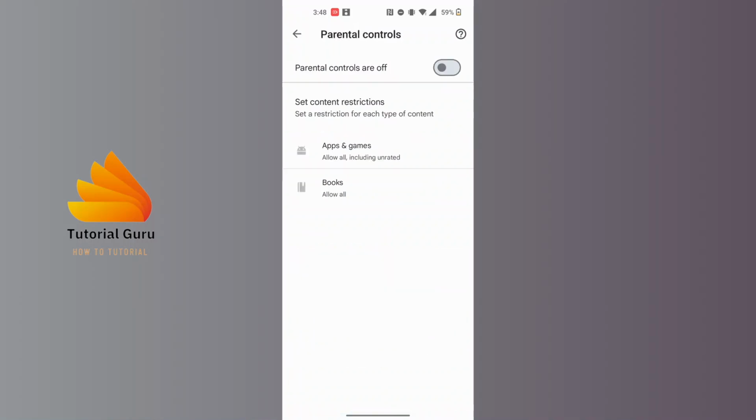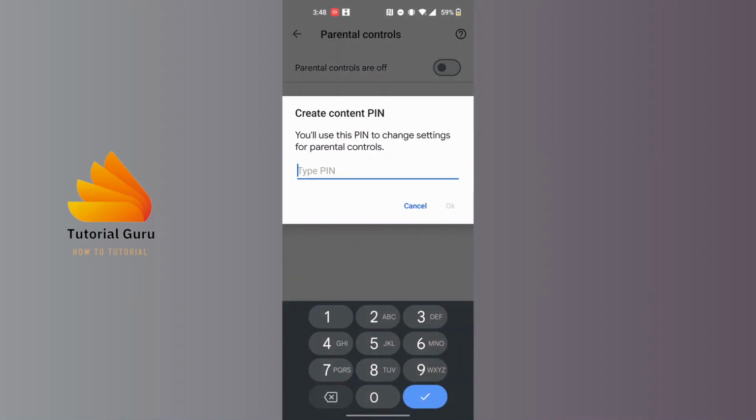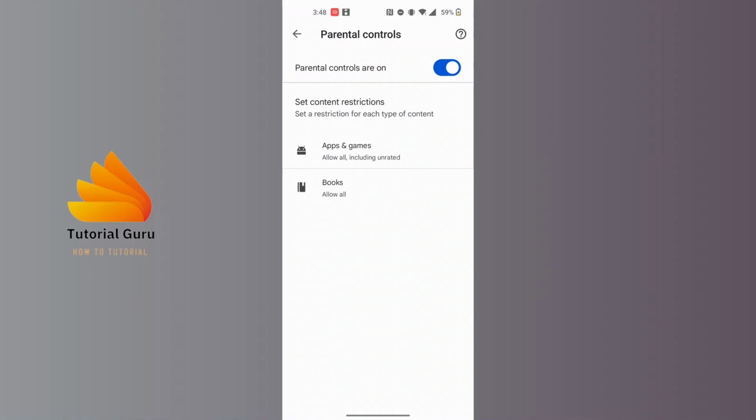And now, in order to turn on the parental controls or the parental protection on Google Play Store, you'll be required to turn on the toggle icon at the right side of that option. And this kind of interface will appear where you'll be required to create a content pin. So in order to create a content pin, enter your pin which you are sure to use or remember, and after that tap on OK, and again reconfirm your pin which you will be using later on while installing the